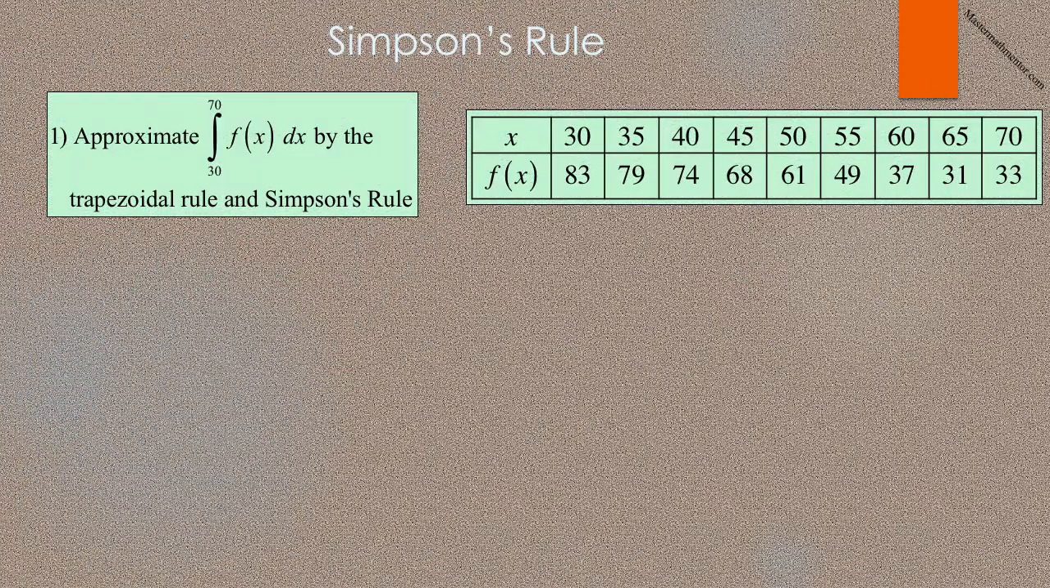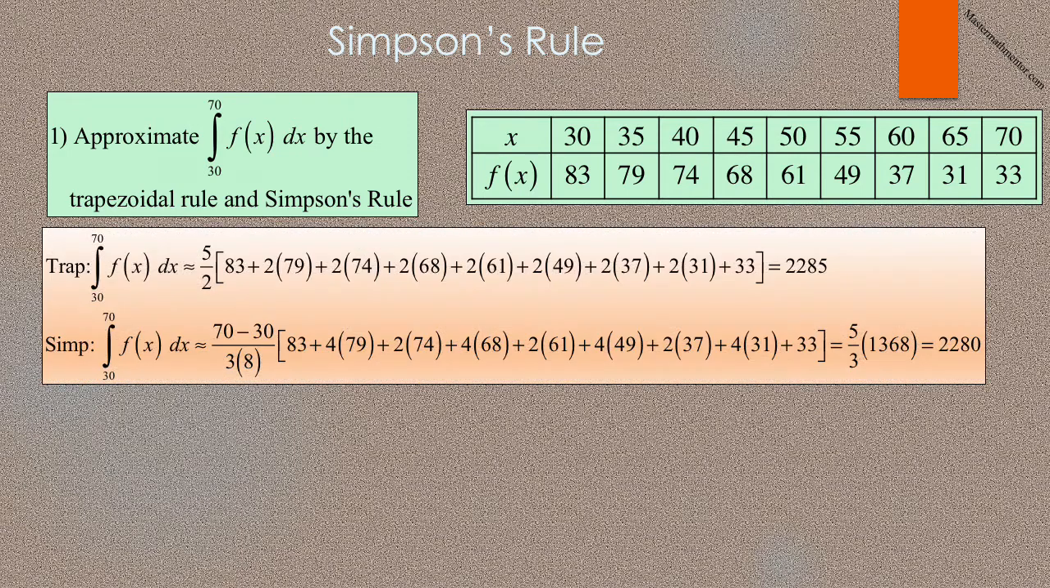In number 1, you are given selected values of x from 30 to 70 and corresponding values of f of x. We would like to approximate the integral from 30 to 70 of f of x dx, both by the trapezoidal rule and Simpson's rule. For the trapezoidal rule, the base is 5, so the integral from 30 to 70 of f of x dx is approximately